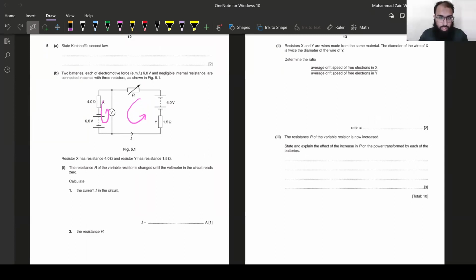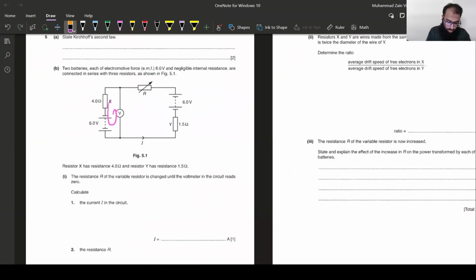Okay, so the resistance of the resistor R is changed until the EMF is like this. So what this basically tells me is if I make this loop, the potential difference across this voltmeter is supposed to be 0. That's what I know. So if I make an equation for this, EMF equals potential difference. EMF is 6 volts, and then there's this 4 ohm resistor